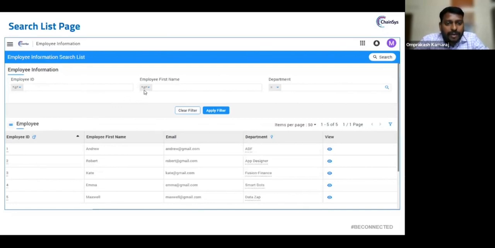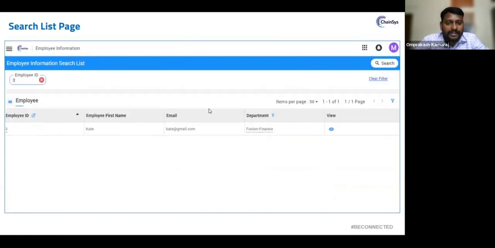You can also find the operators beside the fields. For text fields, the operators will be contains, equal to, starts with and ends with. For number or date fields, the operators will be relational operators, that is equal to, greater than, lesser than, greater than or equal to, lesser than or equal to, etc. The user can provide the value and click apply filter. Once the apply filter button is clicked, you can find in the grid part, in chip mode, the field label and the value provided for that particular field. Based on this, the list page will be filtered.